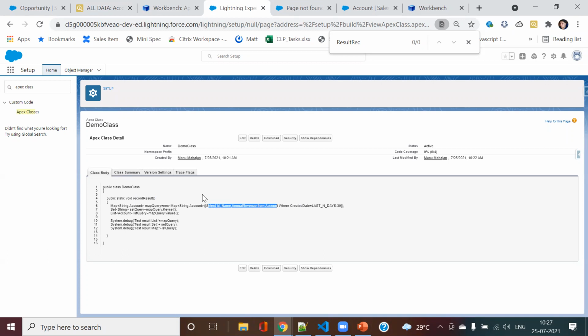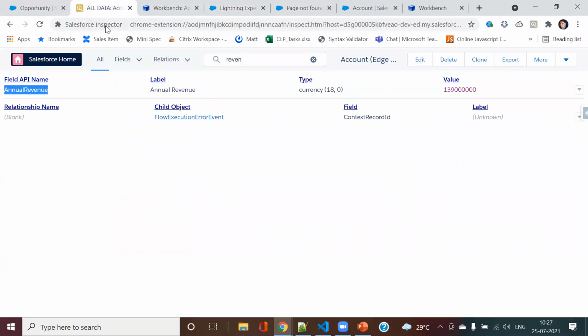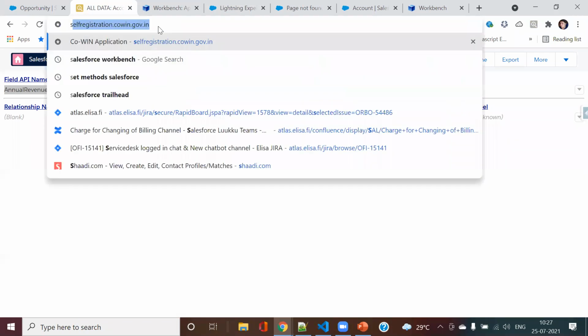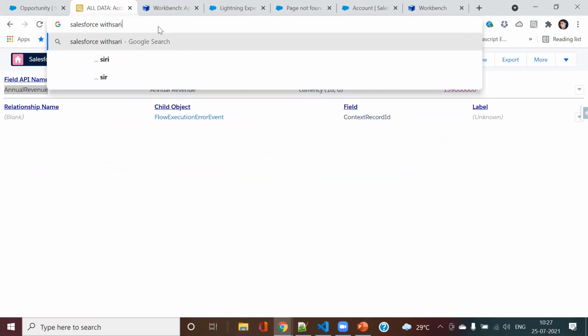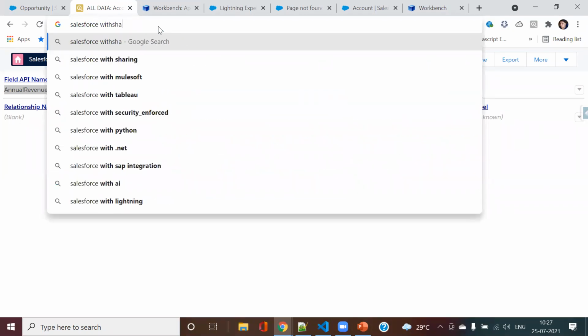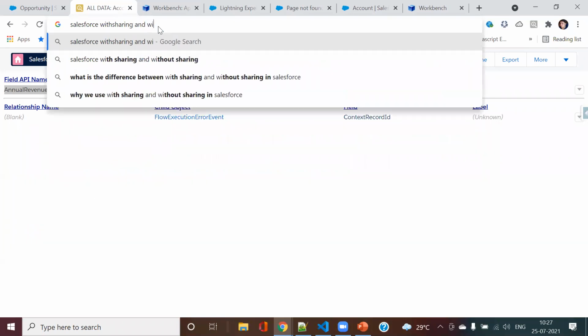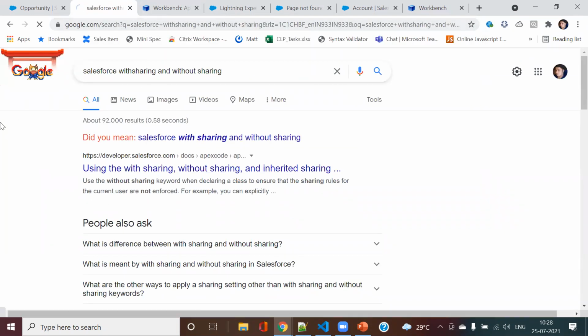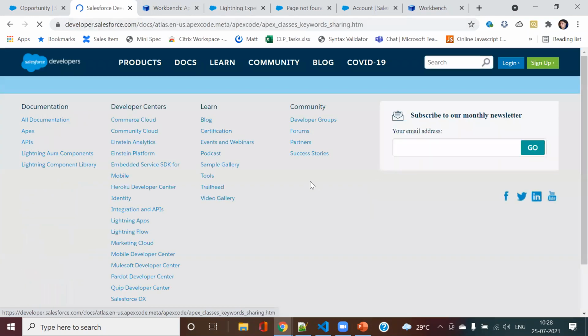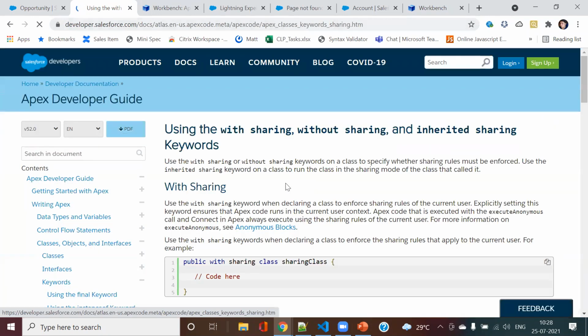But in case I want that once there is some transaction, Manu should only be able to see his records and Animesh should only be able to see his records, then we use with sharing. You can check this on the internet also. What is the difference between with sharing and without sharing in Salesforce? That is about when sharing rules are enforced.